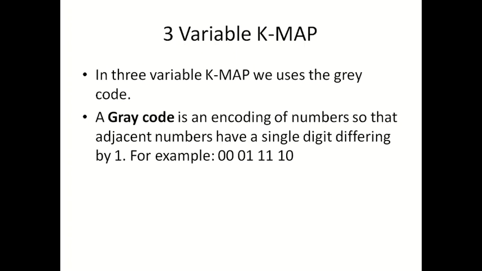For example, you can see here we have a pattern 0, 0. Now if you see the next value, you can see that the least significant bit is complemented and it changes to 1. So it means the next value is going to be 0, 1. But if you see the third value, the next bit, the second bit, is going to be complemented and we will get 1 and 1. We are not going to get 1 and 0 because in the case of 1 and 0, the two bits are going to be complemented. So the next value is going to be 1 and 1 because it is differing by a single digit.